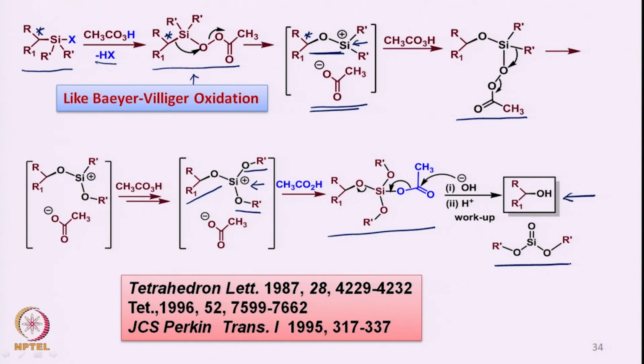So this is the Fleming oxidation, in which in 2 steps, first the silicon substrate which has 1 phenyl ring and 2 carbon based groups undergoes protodesilylation to form a silicon X bond, and then with peracetic acid eventually one gets this alcohol which has the same chirality as the starting